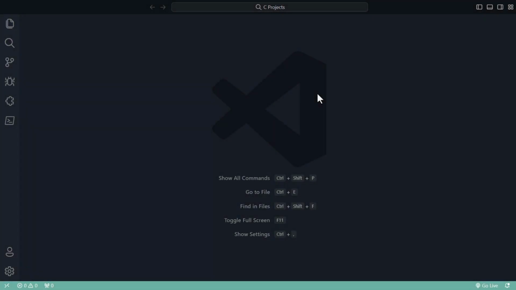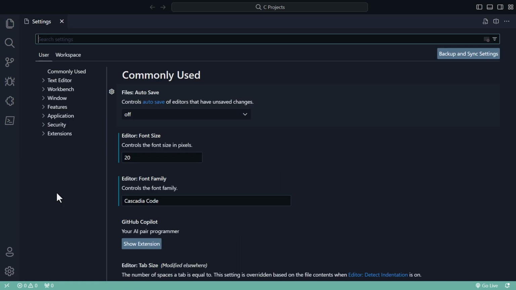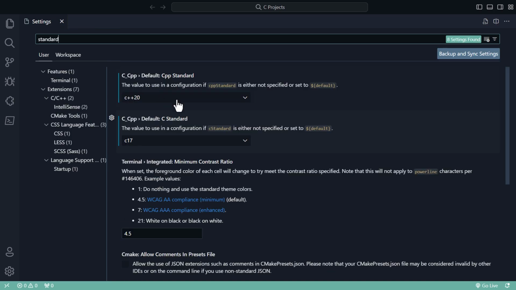Now it's a very common thing that you want to change the C++ standard, that means C17 or C20 or C23, stuff like that. Now you want to change that standard in VS Code. So how do you do that? Just go to settings, and just type "standard", and you will see these two options, C++ default standard and